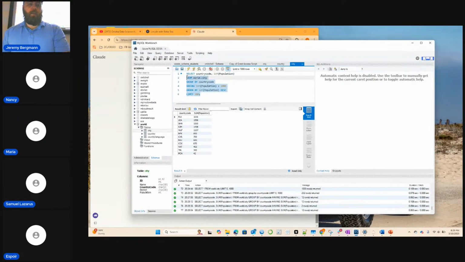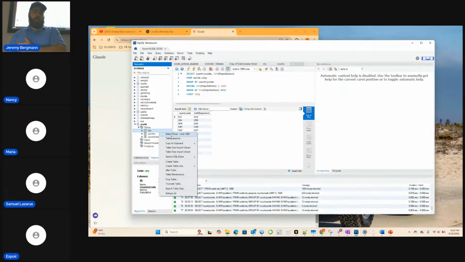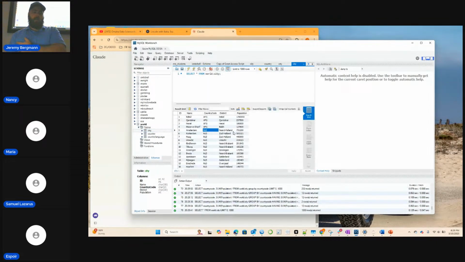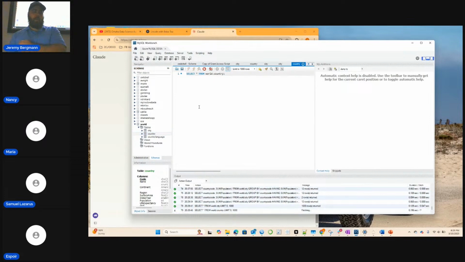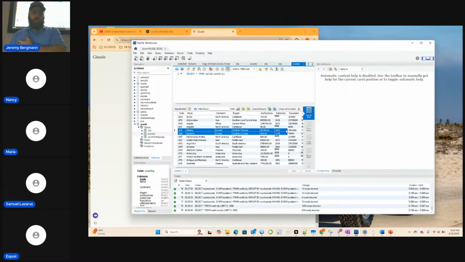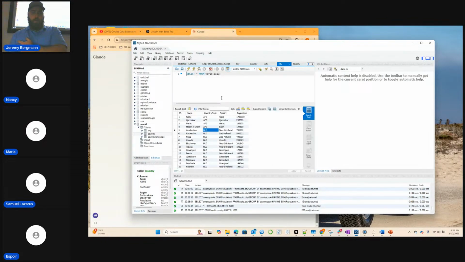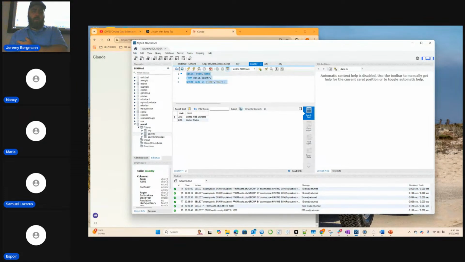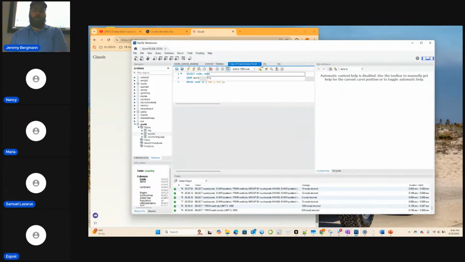So that's a way to extract and transform data out of this larger table the way you need, because this is how the data exists in country. Your query here is being specific about what you want out of the world.country table. So you can limit it in certain ways just to bring the information back that you want, or even summarize it like we did in the other query.